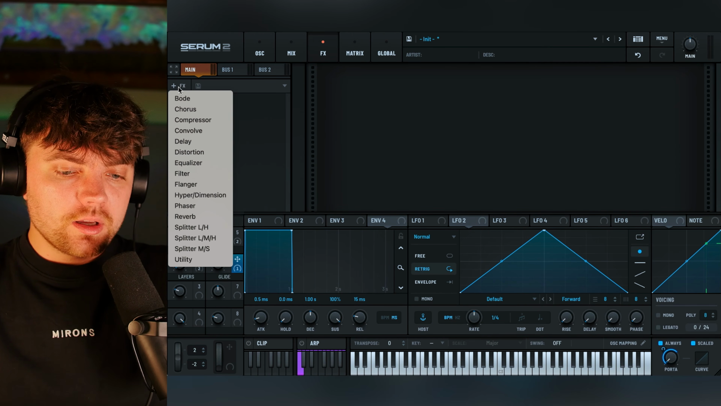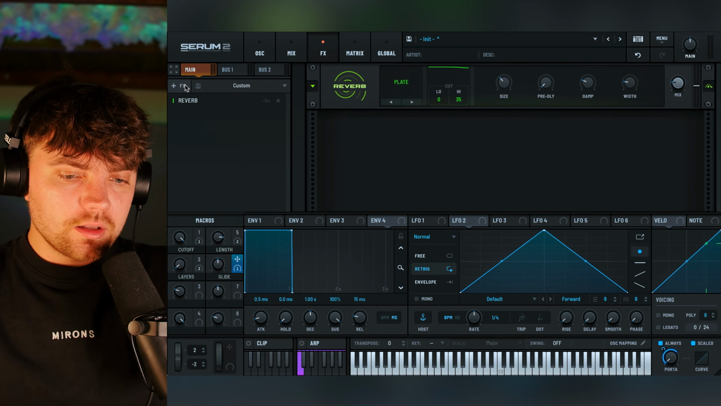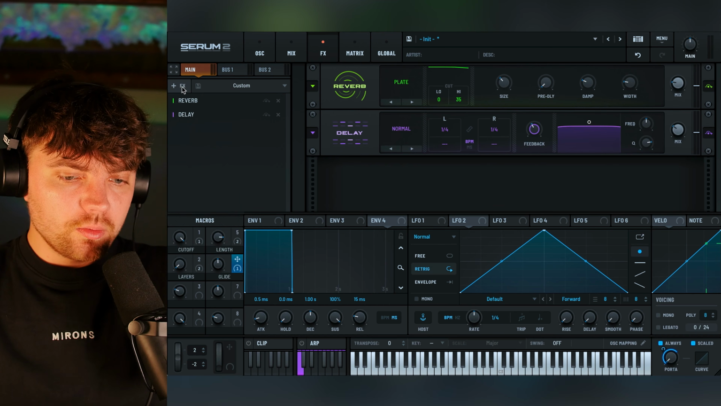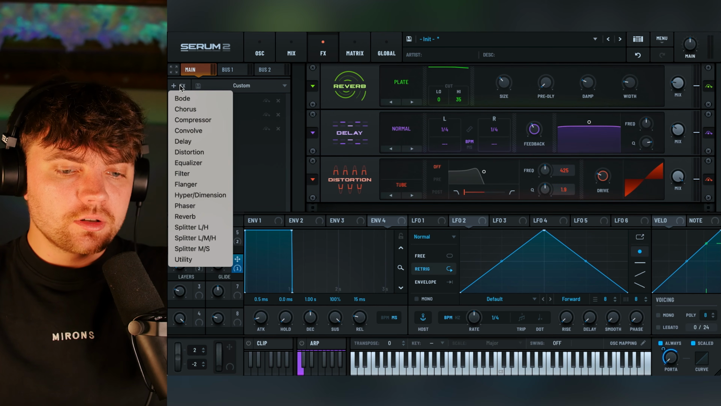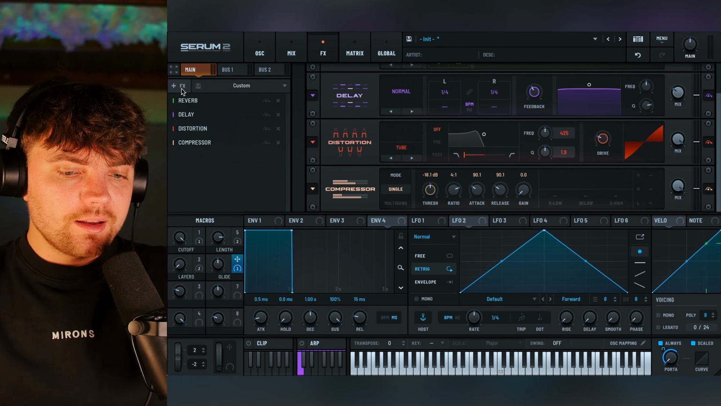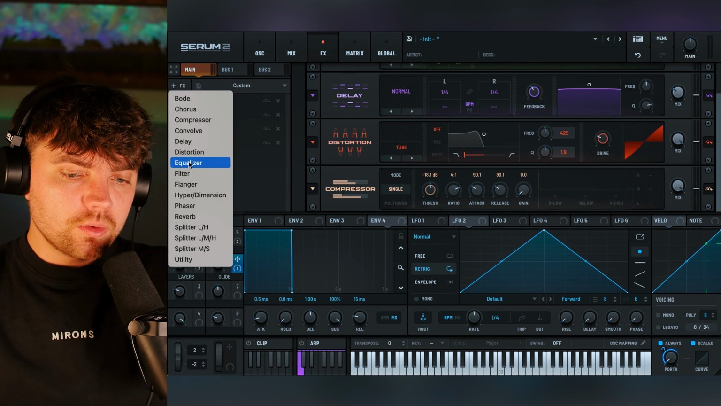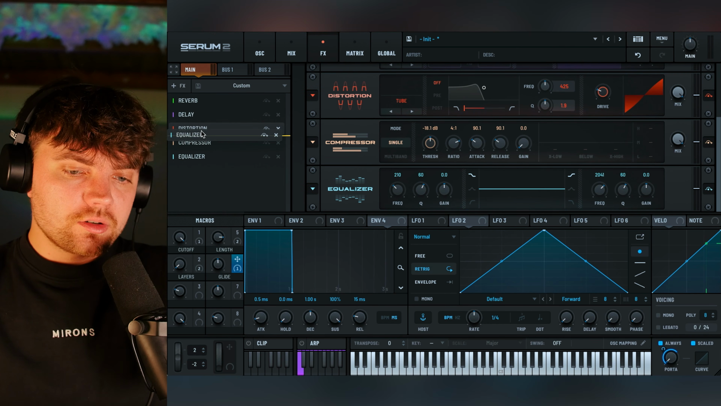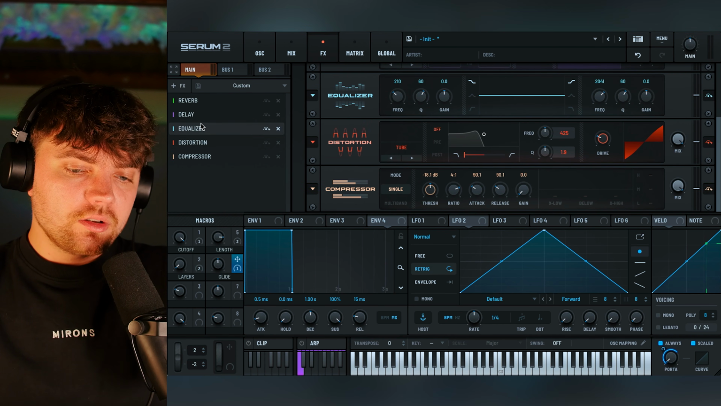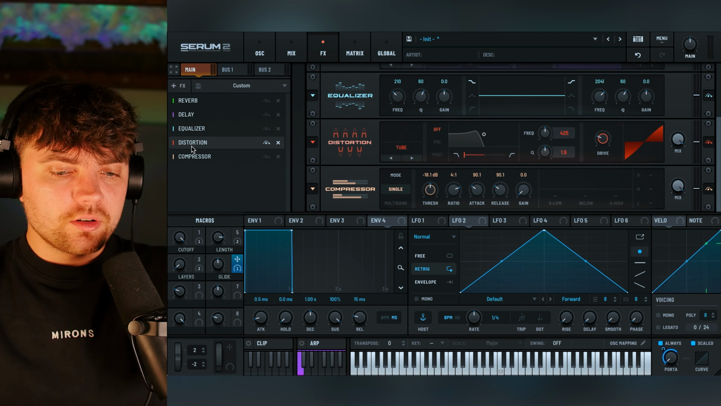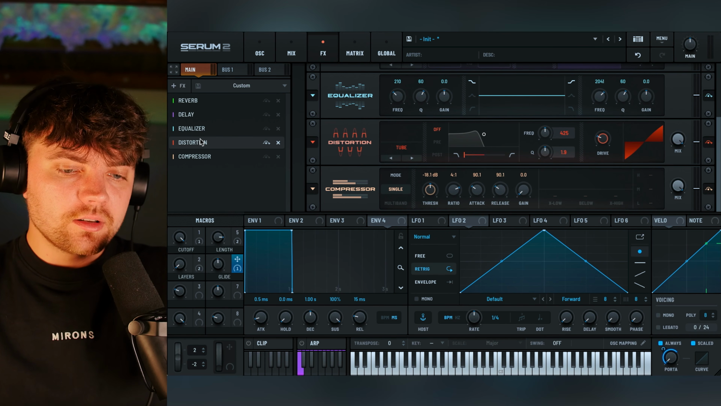All right, so we want to add reverb. We want to add delay. We want to add a little bit of distortion. We want to add a compressor and we want to add an equalizer. So the compressor needs to be there in the very, very end. And before the compressor, there's this distortion, and then the equalizer, and the delay and the reverb need to be